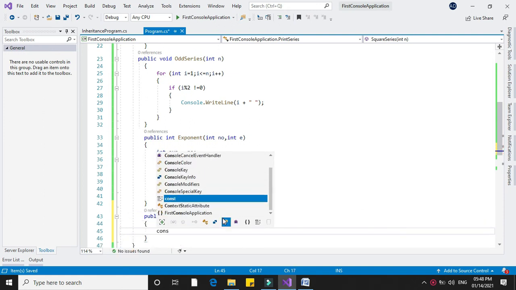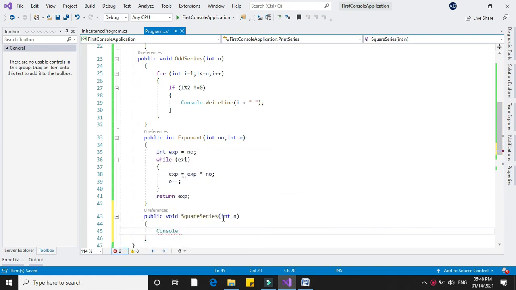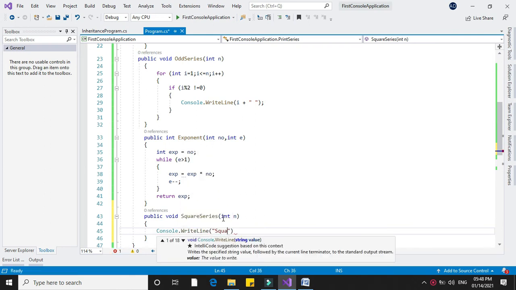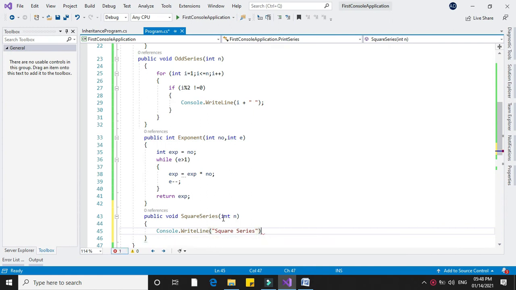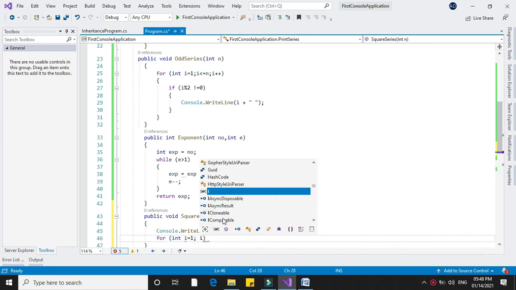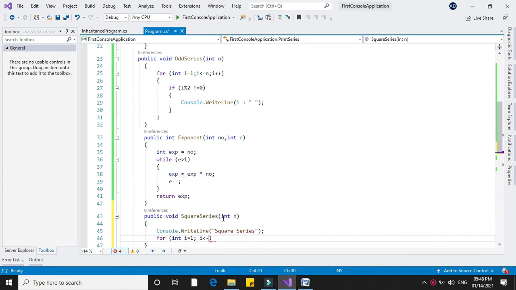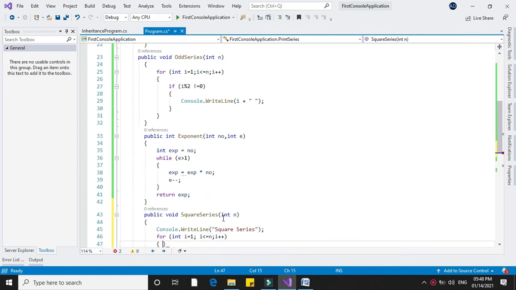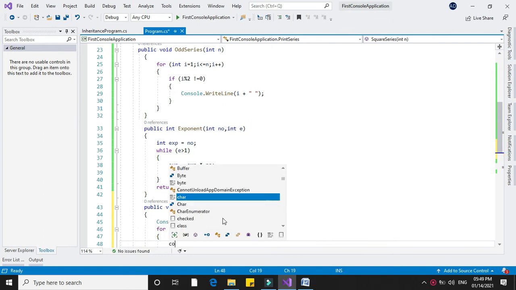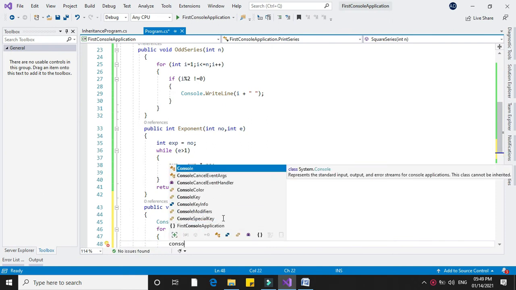Here I will write Console.WriteLine square series. I will use a for loop, for int i equal to 1, i less than or equal to n, and i plus plus, and here I will print the series.